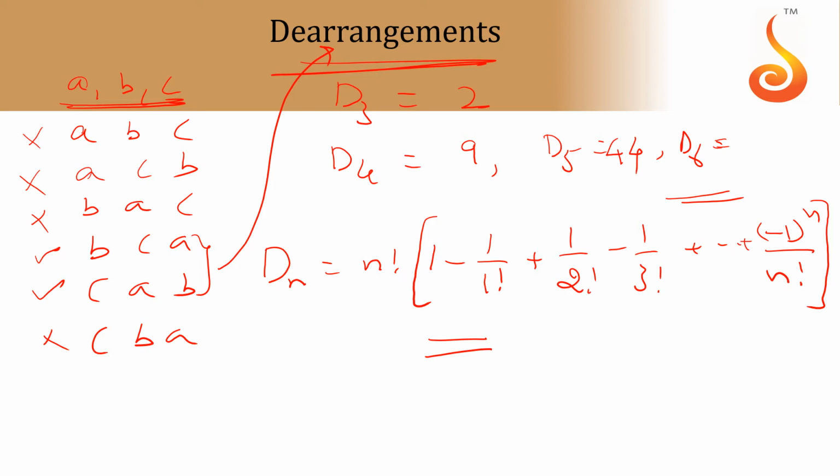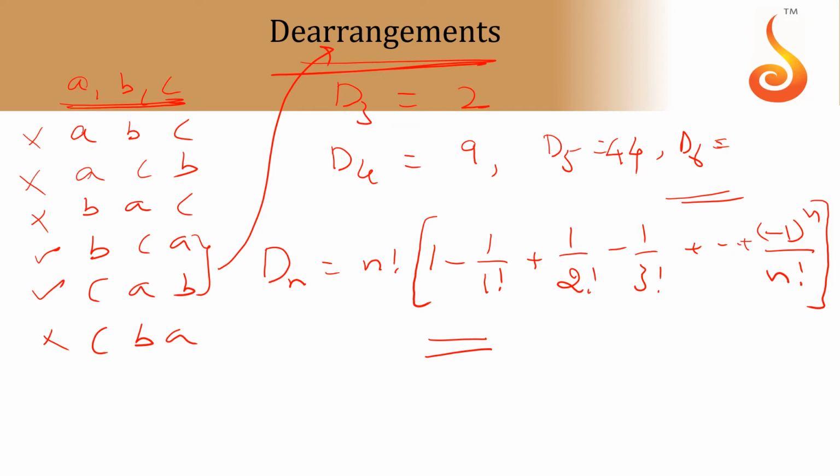So these derangements are useful in calculating problems, like suppose a person is writing 6 letters to his 6 friends and he prepared 6 addressed envelopes. At random, if he keeps the letters into the envelopes, suppose all went wrong. All went wrong is nothing but derangements of 6 things. So whenever a problem is there, you have to see it properly, whether we can apply these derangements or not. We have to see and we have to apply.